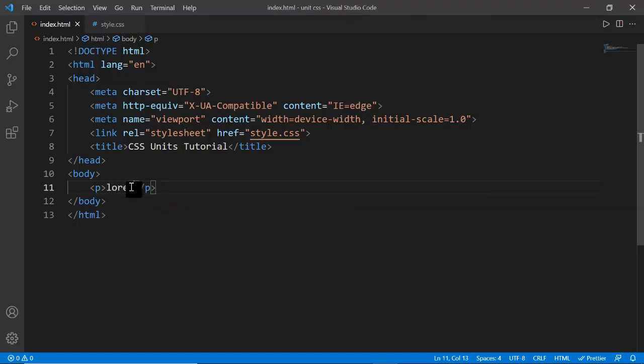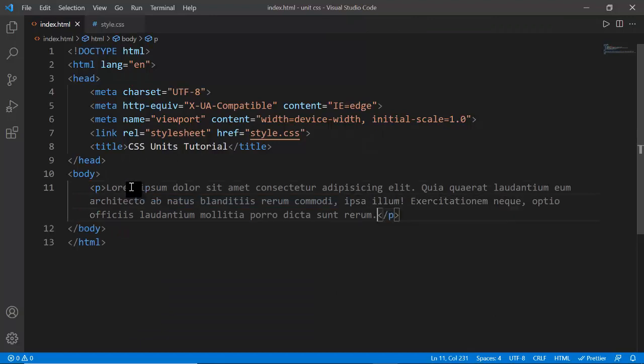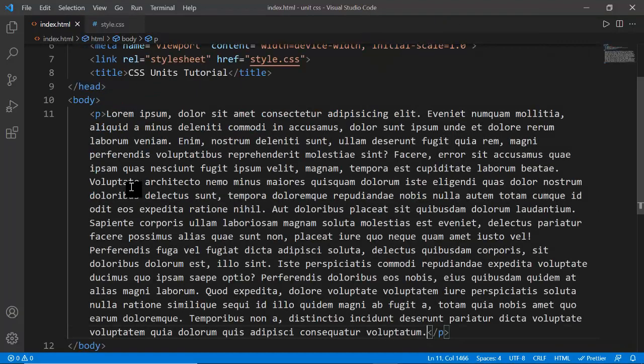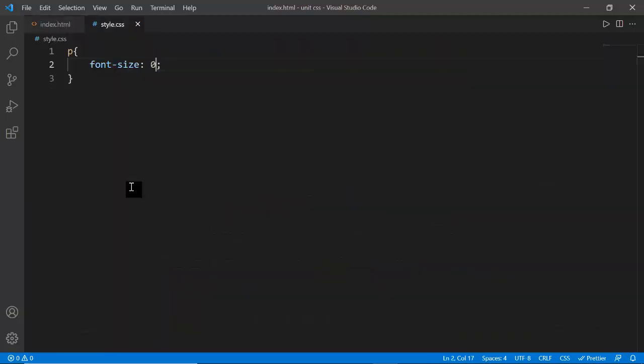With lorem, it will provide us some dummy text. Or you can use it in this way also: lorem 200, so it will provide you 200 words. So it is the power of the Emmet extension. This is only provided in VS Code and maybe in Sublime also. So as you can see,